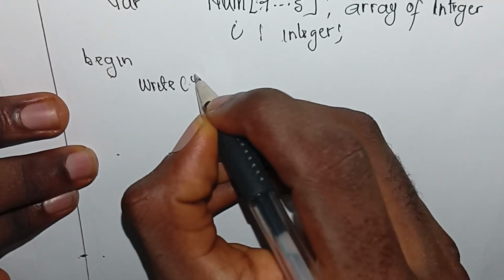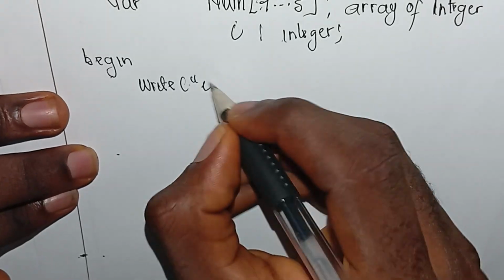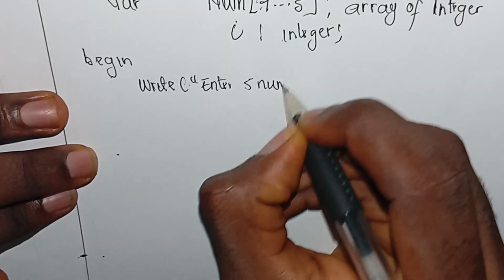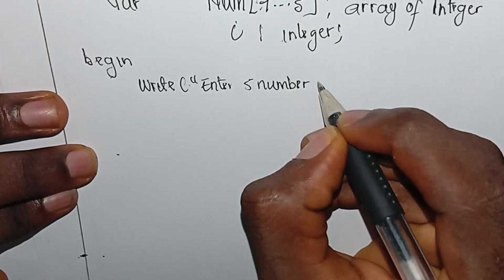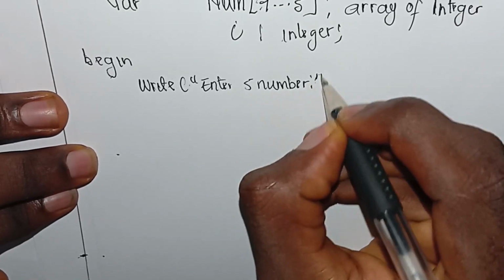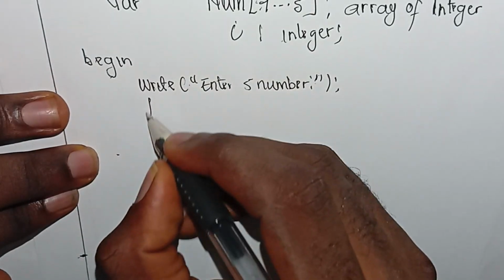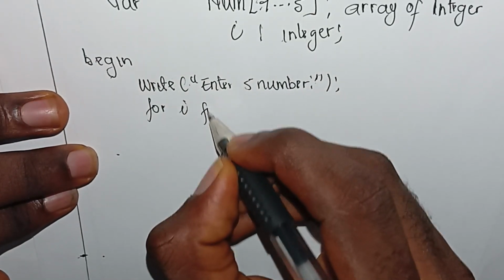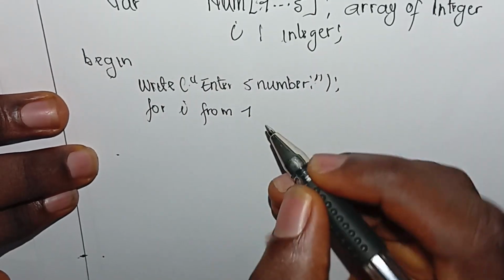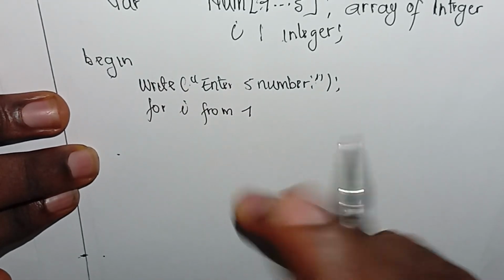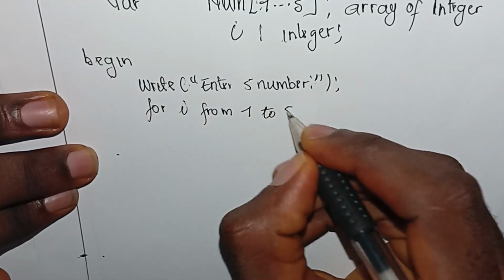We're going to ask the user to enter 5 numbers, and these 5 numbers are going to be read and stored in an array. So we use a for loop, for I from 1. That is because we want it to start at 1. So in the first iteration, I would be 1, 2, up to 5,